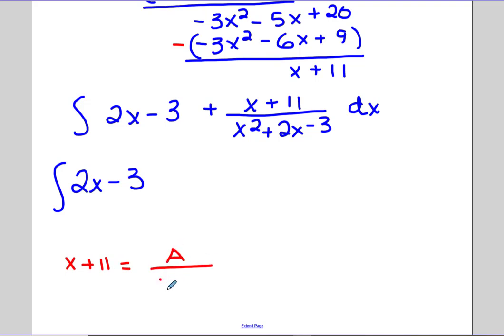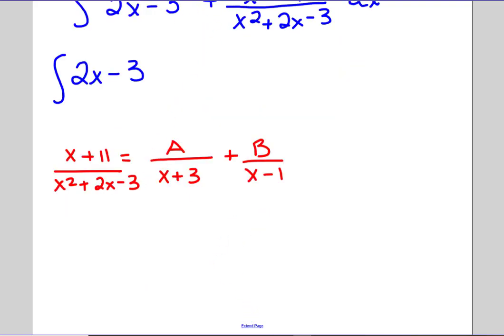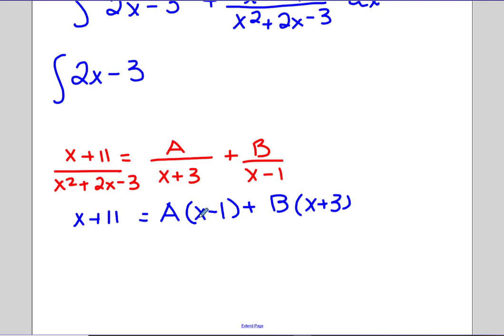an a number over x plus 3 and a b number over x minus 1. That's the way we're going to get x squared plus 2x minus 3. And employing your values for a times x minus 1 and b times x plus 3, and that has to equal x plus 11. So if we let x be